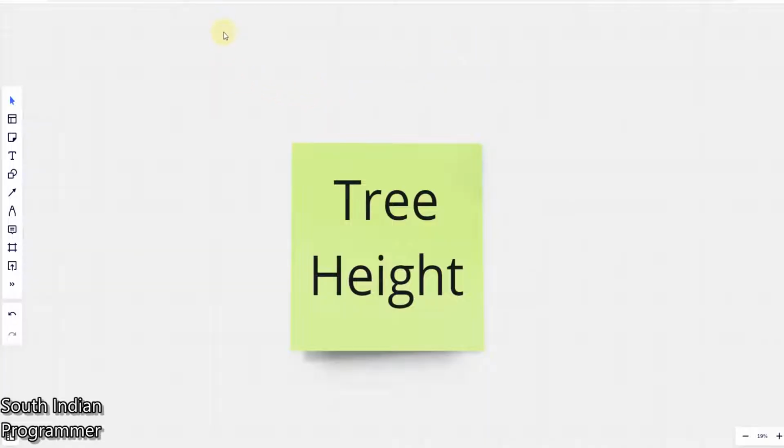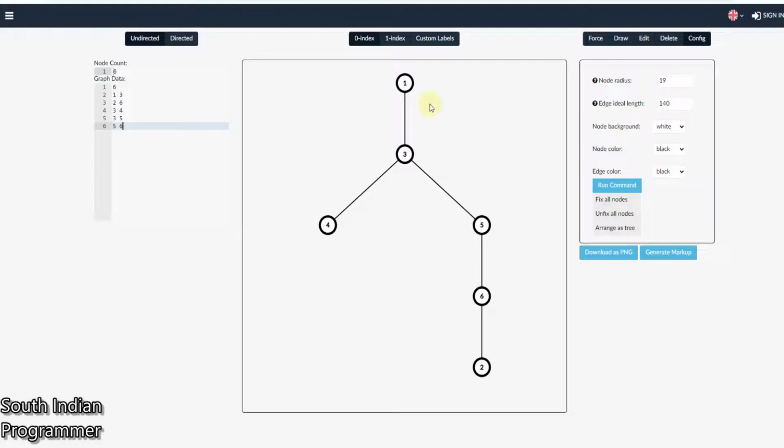Hello everyone, in this video we'll see tree height. Here we have an N-ary tree and we are going to find out what's the height of the tree. The tree is always rooted at the node 1. So from node 1 we have to traverse all these nodes and we have to find out what's the maximum